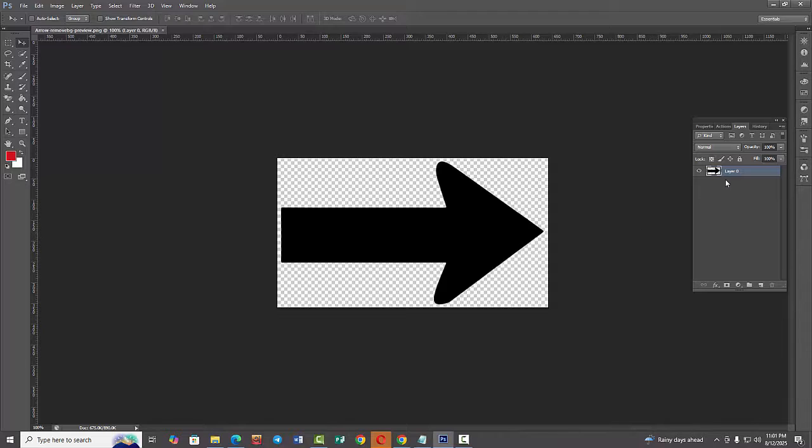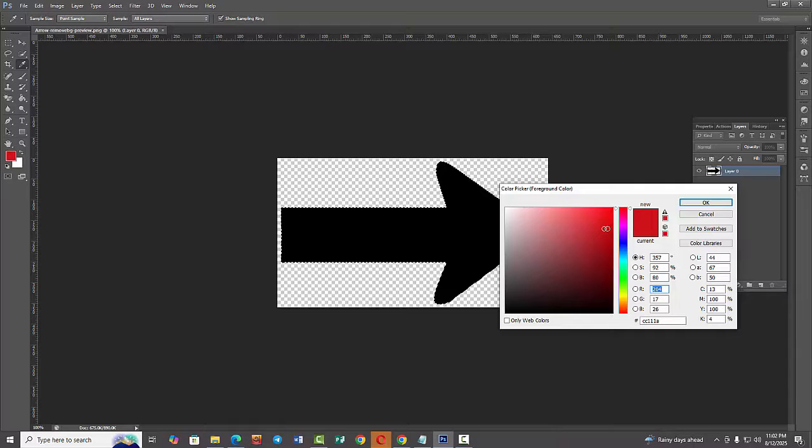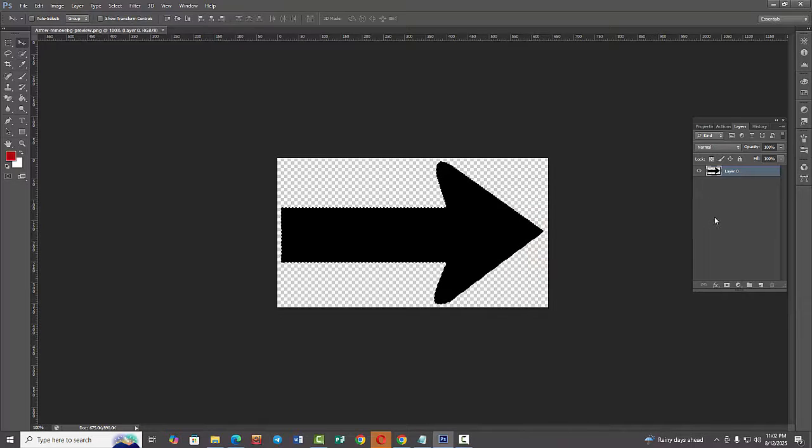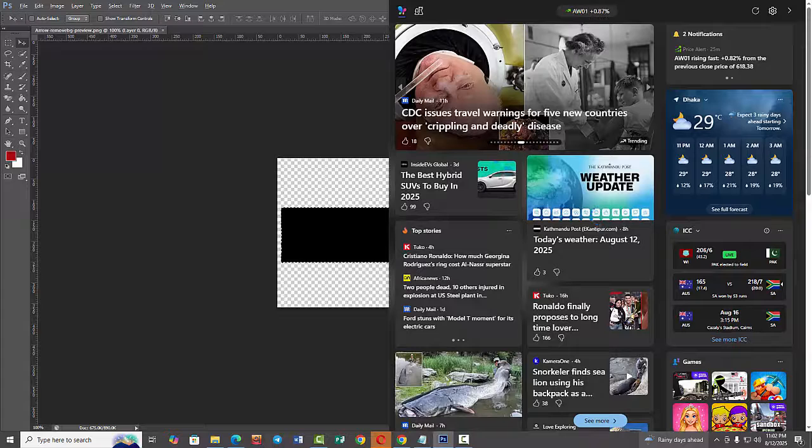Change the icon to red color. Now select Control and click on the layer. Now click the color hint option. Now we choose the red color. Now click OK. Now press Alt on the keyboard,